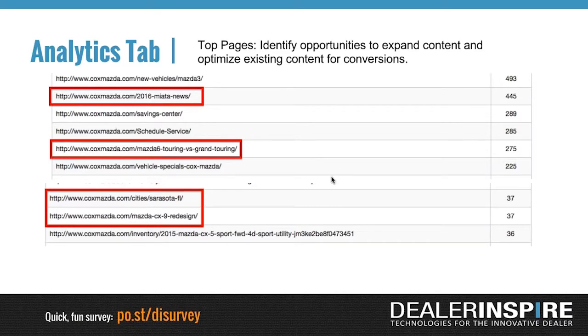Top pages, on the other hand, this particular report will tell you the pages that are getting the most visits on your website. So this is the most popular content on your website. The benefit this should pose for you, where you can use the top pages report in your content strategy,